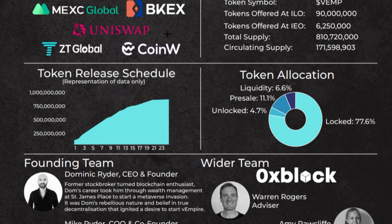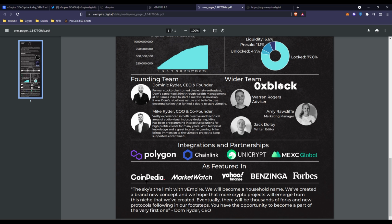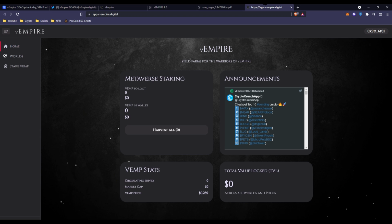And besides, this is the DAO token. This is like the governance token for the platform or project. And then here you have their partnerships, and they've been featured on these websites. And then lastly, we have the staking platform here. If you look right here, they're obviously still working on it, as they're also working on their game. But as a whole, I've seen nothing but good here. And if you look right here, you have their announcements, you have the metaverse staking, you have the vEMP stats, like the market cap, circulating supply, price, total value